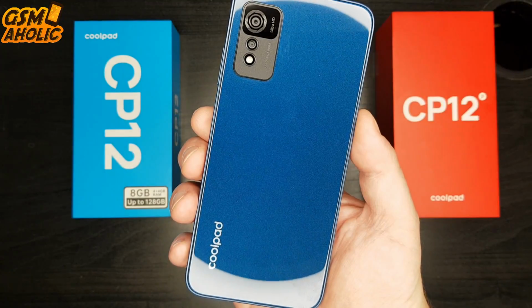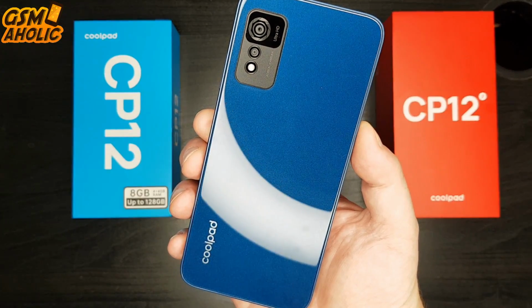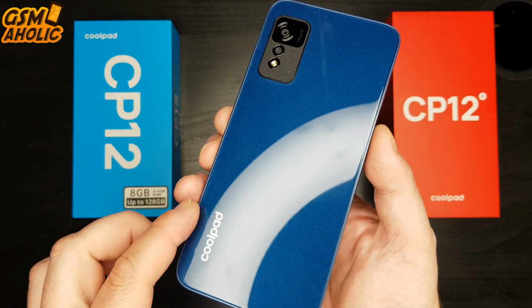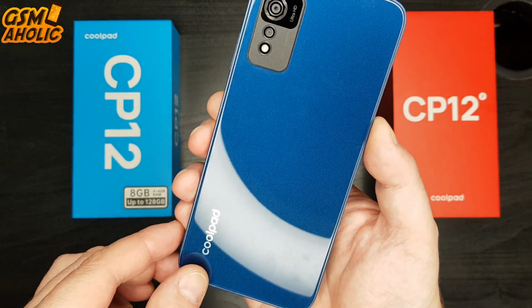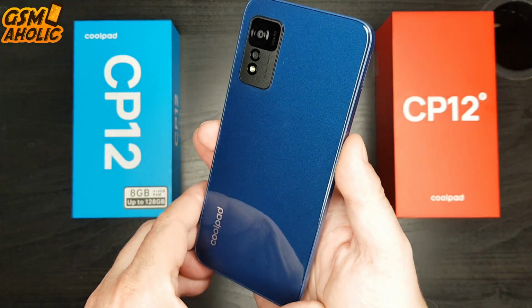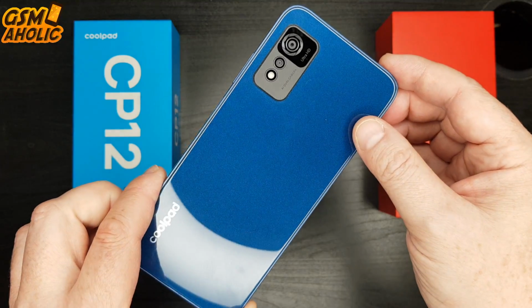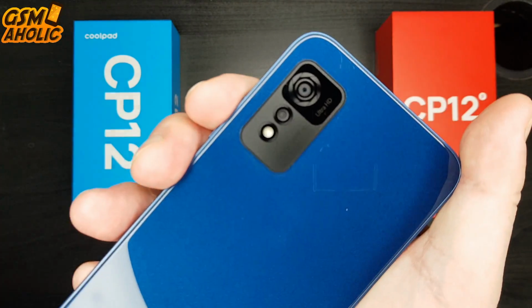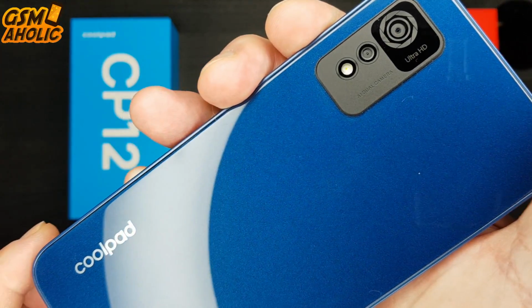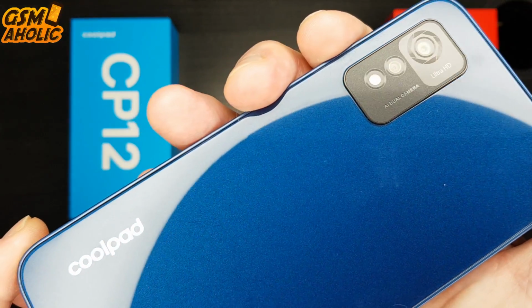The Coolpad CP12 Pro boasts an elegant design with a glass-like rear panel in this dark blue color with the effect of small glitters that shift through. Everything exudes a premium feel, everything is solid and does not creak anywhere. The camera layout on the back is somehow reminiscent of the Redmi Note 11 smartphone, which is actually not a